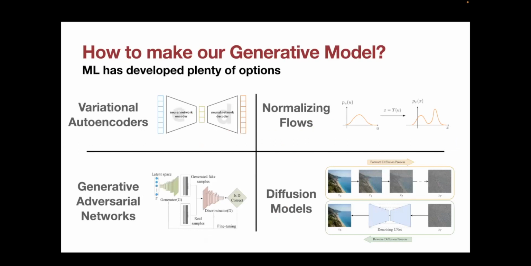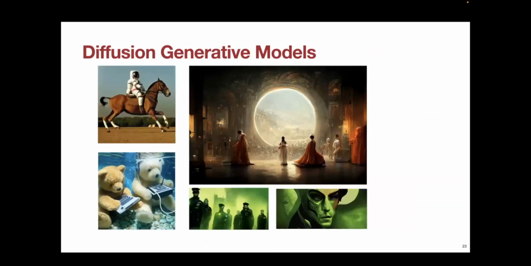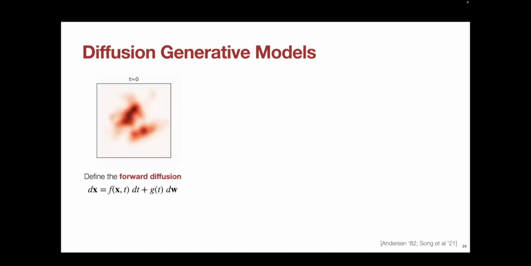Now, there are many different classes of generative models in deep learning, and what we're going to use is diffusion models. These have recently been quite famous. If you've heard in the news about AI-generated art or photorealistic imagery, this all came from diffusion models, which are very good at modeling very complex probability distributions, which makes them very well suited for molecular structures as well. And it's this aspect that we leverage in developing DiffDock.